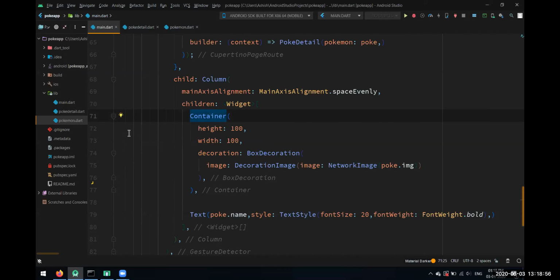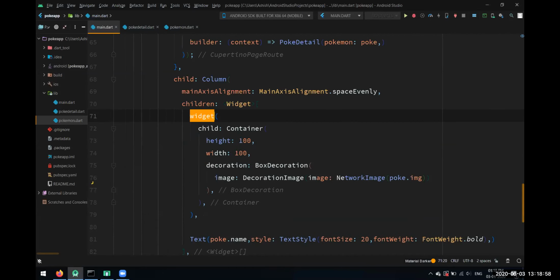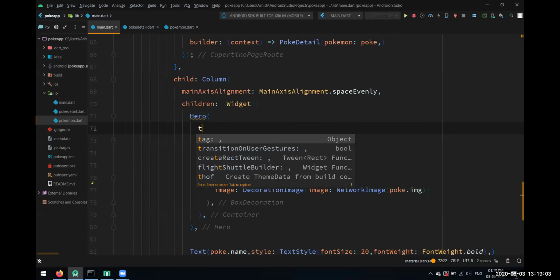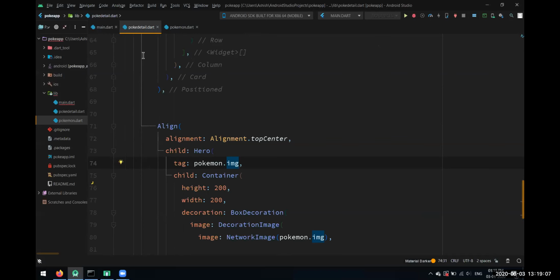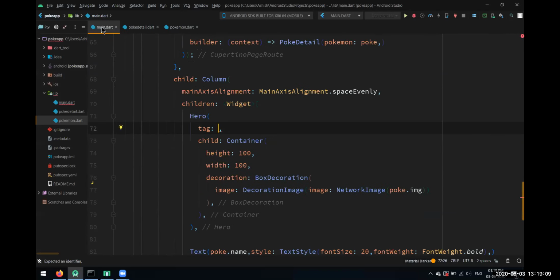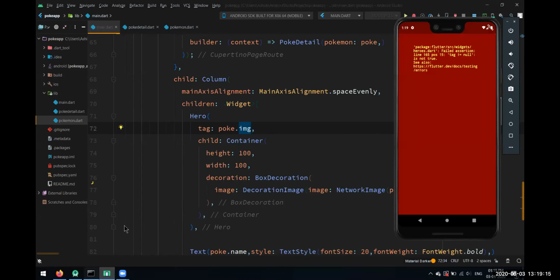Here in this container we have our image. Let's wrap it up with a hero widget, and we'll give the same tag which we gave there. See, there we gave the tag of Pokemon.image. Here also we'll give that same tag, whatever we have.